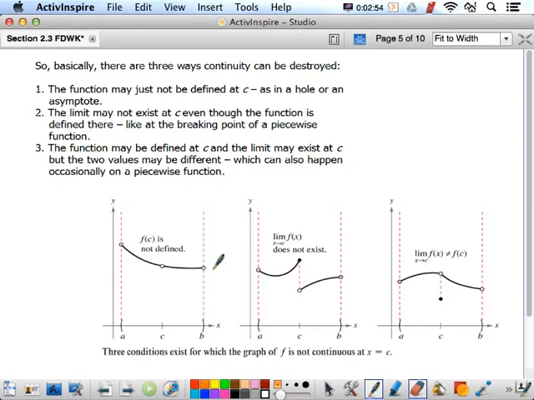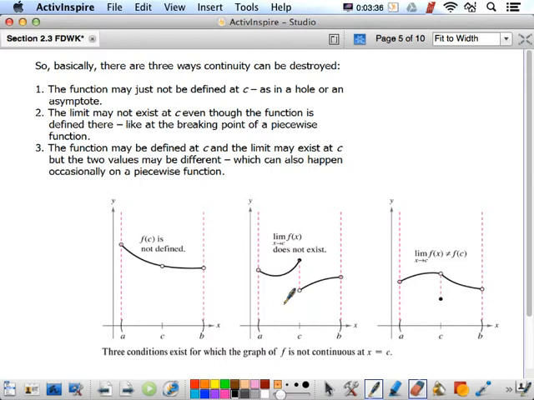The limit may not exist at C even though the function is defined there. So that's the second way that continuity can be destroyed. That would be like a breaking point of a piecewise function. That's sometimes called a jump discontinuity. So the function is defined here. There's the y value of the function, but the limit doesn't exist because the left limit and the right limit aren't equal. So holes disrupt continuity, jumps disrupt continuity, and third, the function may be defined at C and the limit may exist at C,